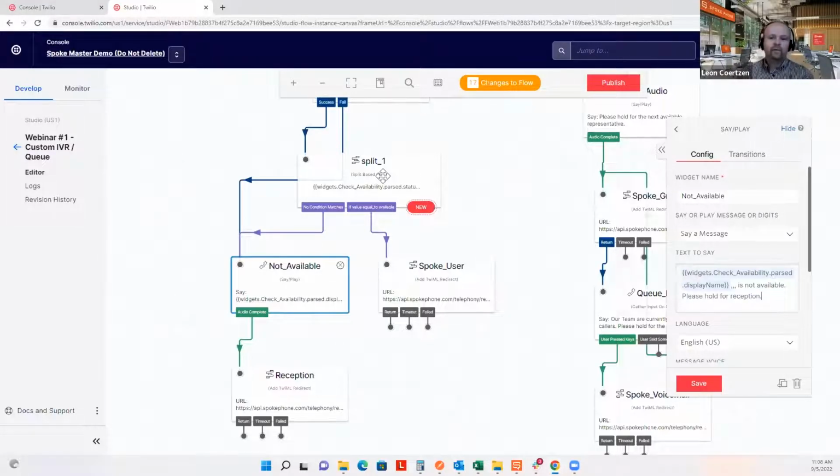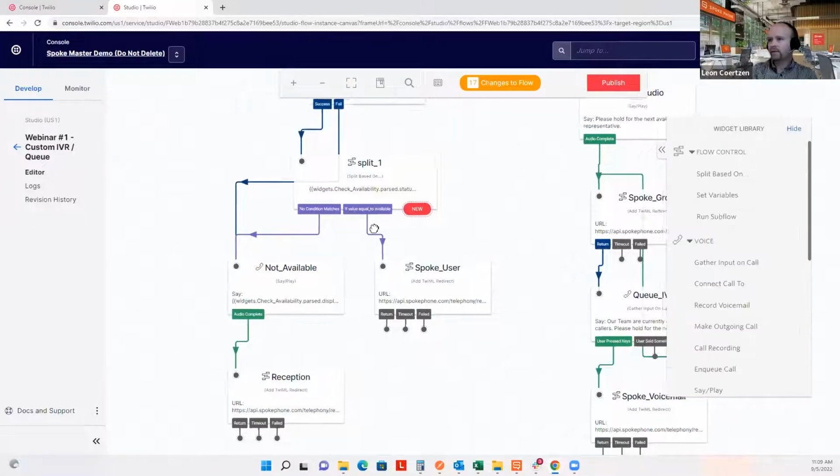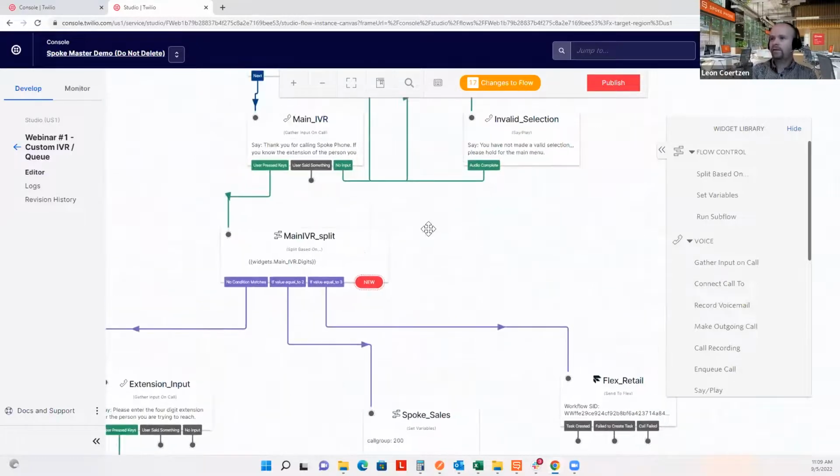You continue to hold to wait for him. Press 2 to leave a voicemail. Press 3 to return to the main menu. So you can build in more options into your flow. Right, so that's option 1. Now option 2